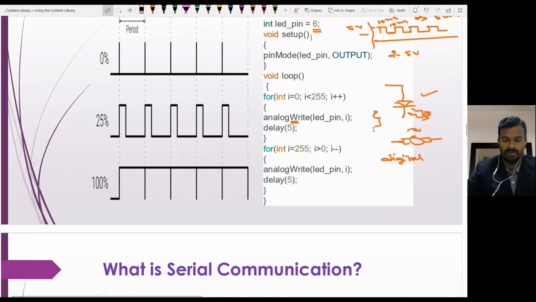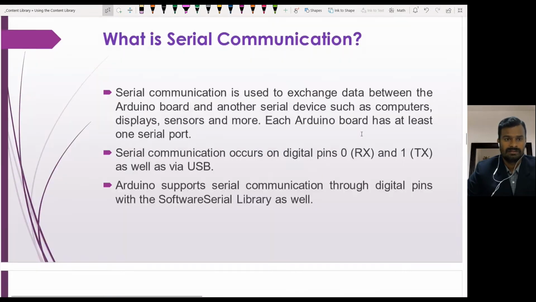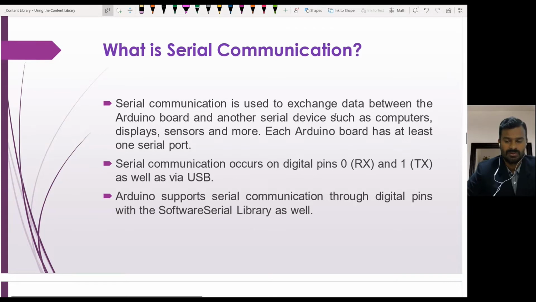That is about pulse width modulation and serial communication. As I told you a little earlier, we have an RX pin and a TX pin. In the digital pin area, pin number 0 and pin number 1 are used for RX and TX. These transmitter and receiver pins are used for connecting different modules.